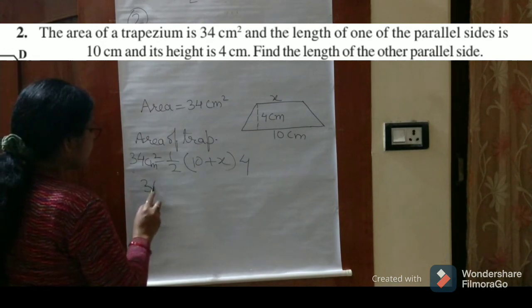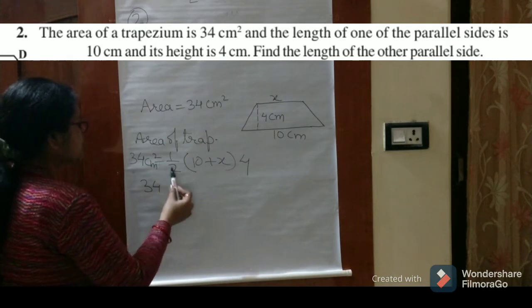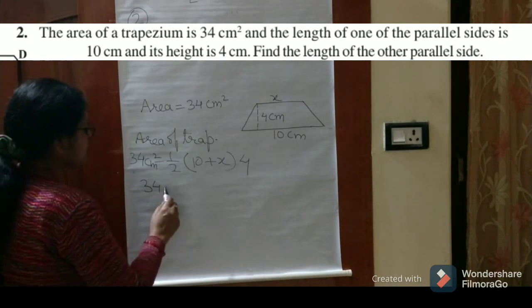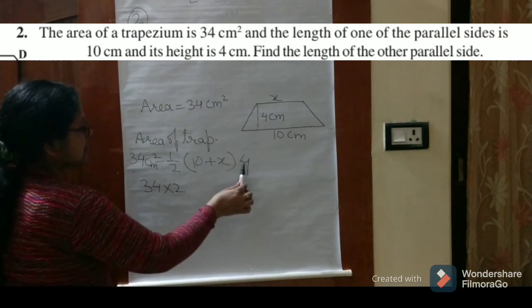So 34, now 2 is on the right hand side of the equal to sign and given in the form of division, so it will change the side, become in the form of multiplication. This for 4,